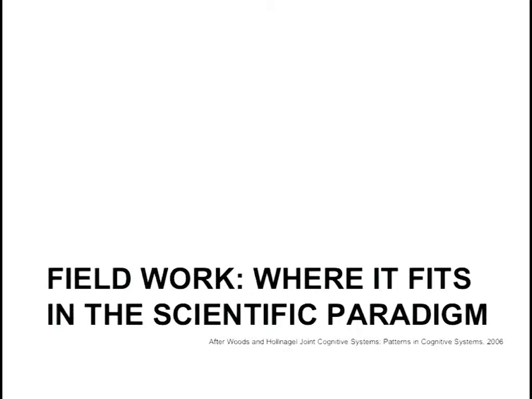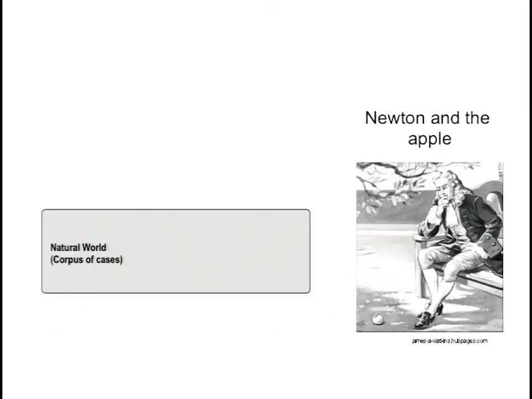So I'd like to begin by discussing where field robotics, field work fits in the pantheon of the scientific methods. Science has typically relied on humans observing and assembling a corpus of case studies of phenomena, and then getting to a point where they could identify trends and extract principles to go back and test. You know the story about Isaac Newton looking at an apple falling and sparking his interest in gravity. That's a classic example of the observation of the natural world.